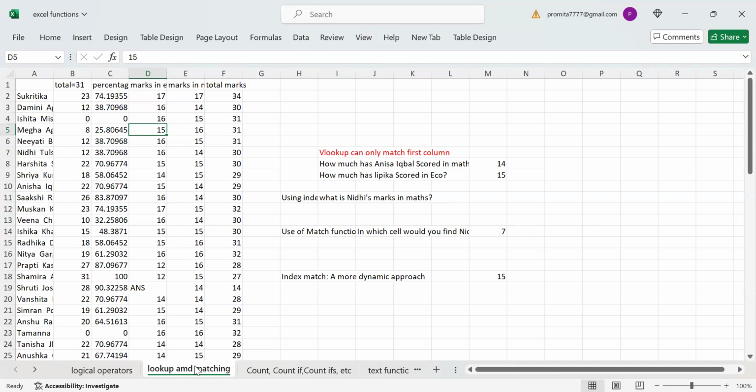Remember one thing, VLOOKUP only matches the first column. See here we have the names of the students in the first column. So for any particular name of the student, I can find out how much percentage he has, how much he has scored in eco or maths or her total marks. Okay, not the other way around. Like if I have the marks, I cannot go back to the name of the student. So here the command is,